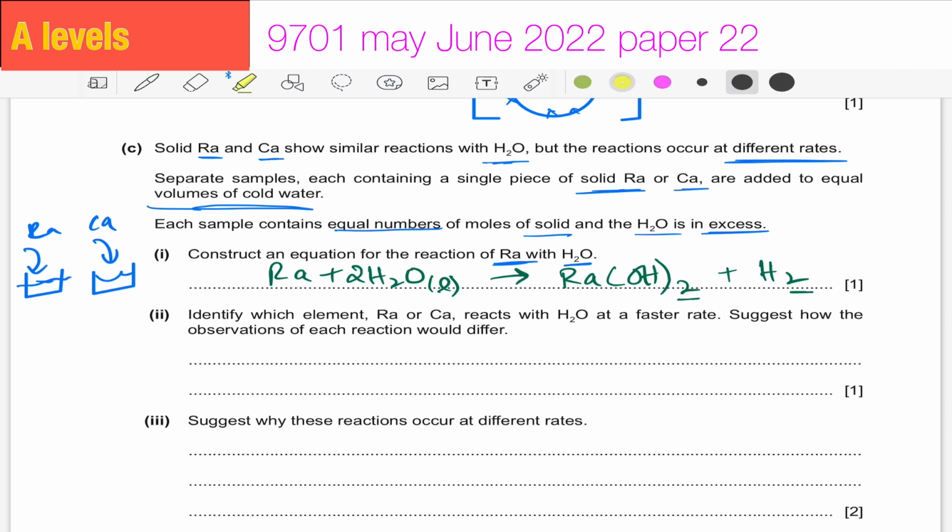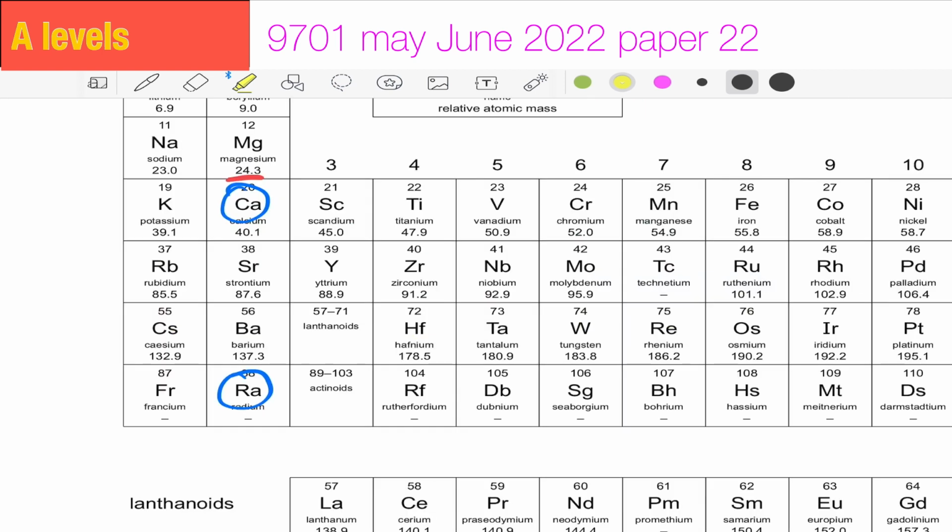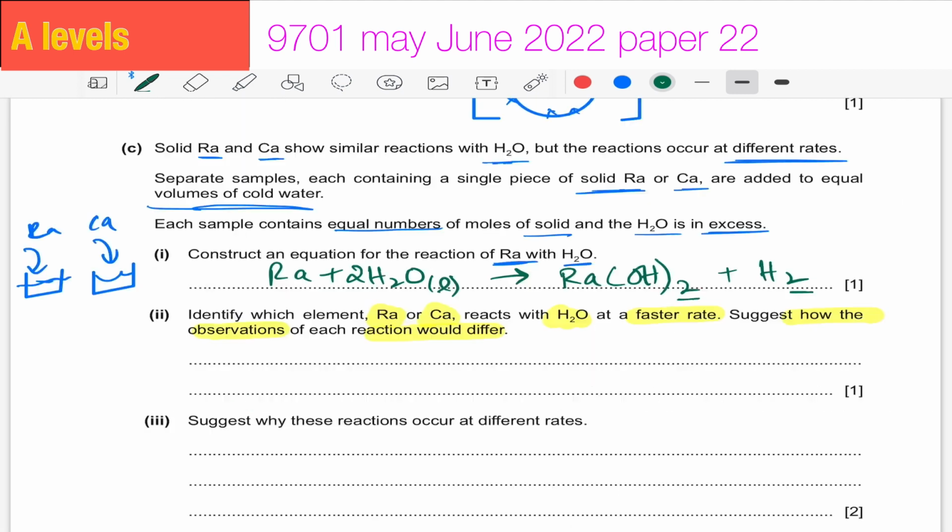Now the next part of the question is identify which element, radium or calcium, reacts with water at a faster rate. Suggest how the observations of each reaction would differ. So which element, radium or calcium, reacts with water at a faster rate? Now we know that the reactivity of metals increases down the group. Metals get more and more reactive as we go down the group because the ability of losing electron increases. So that means radium reacts faster,